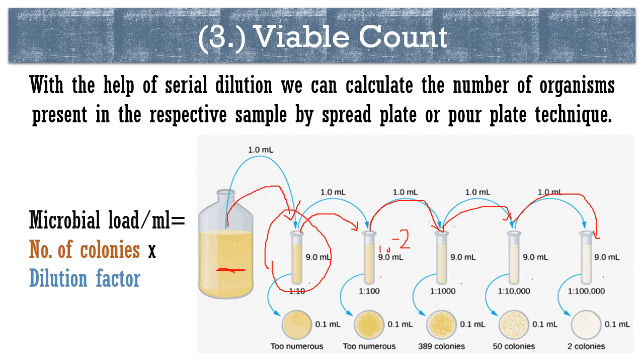Now after the preparation of the dilutions, we have to take 0.1 ml of suspension and add it onto a nutrient medium plate. With the help of a plating method, which can be a pour plate method or a spread plate method, we inoculate that 0.1 ml of sample into a plate, and after an incubation period we can observe the plates and conclude our results.